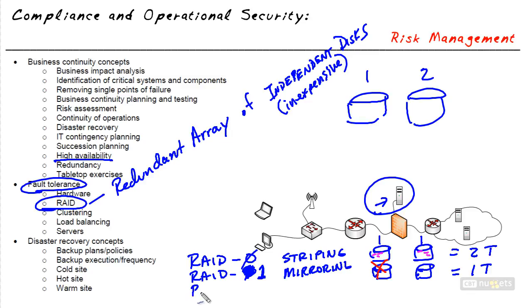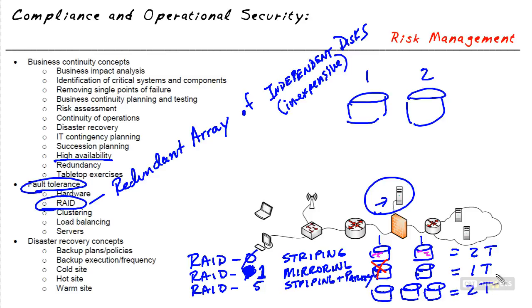The next one I'd like to talk with you about is RAID 5. What it does is striping plus parity. To do this example right, we're going to need 3 drives. So I'm going to put 1, 2, and 3. We've got 3 physical drives. Let's say they're all 1 terabyte in size. At the end of the day, these 3 drives are going to give us 2 terabytes worth of storage. What this allows us to do is lose any single physical drive and the RAID group can still operate. Now, if we lose 2 drives at the same time with RAID Level 5, we're done. It wasn't designed to support the failure of multiple drives in that RAID set,